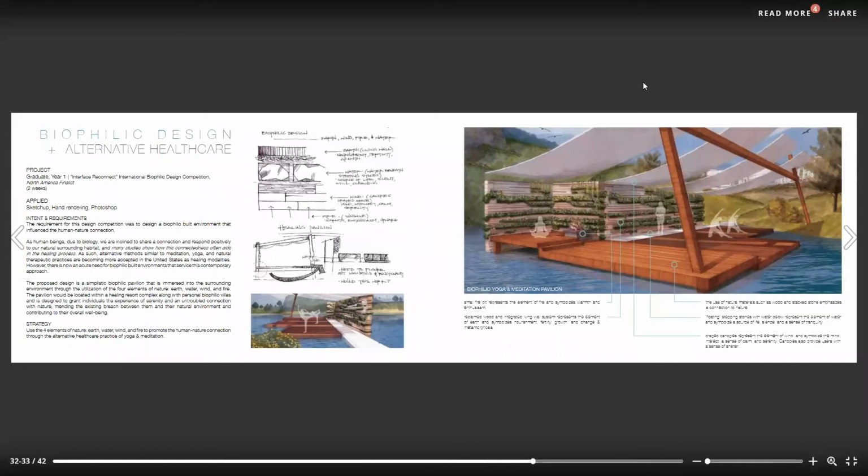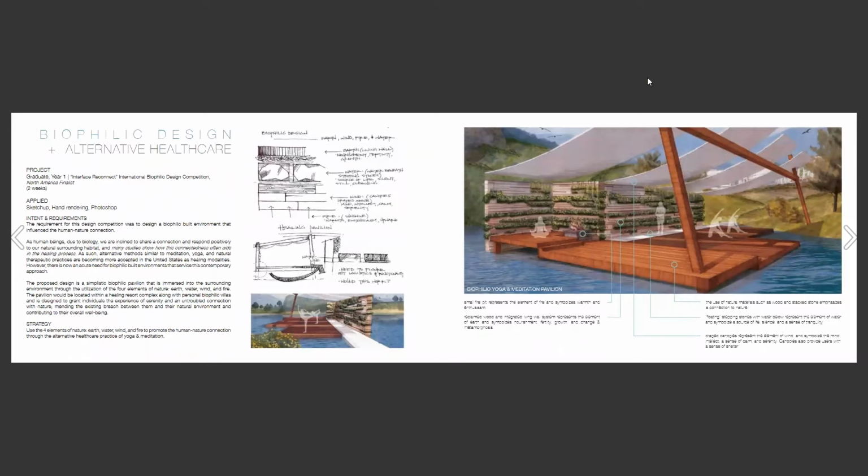What you're seeing now is what you could think of as an additional focus area that was developed by this designer. Now, this designer already had this beautiful studio project developed, and then she wanted to participate in a design competition. And so the requirement was the creation of an outdoor space. And so she was kind of blurring the lines between an interior and exterior space in the design of this floating kiosk. Now, this project was not a part of the original scope of deliverables in the design.